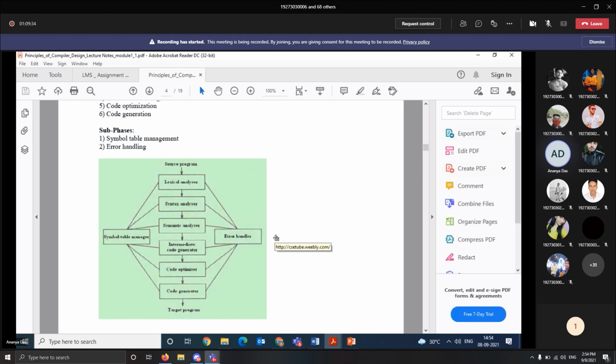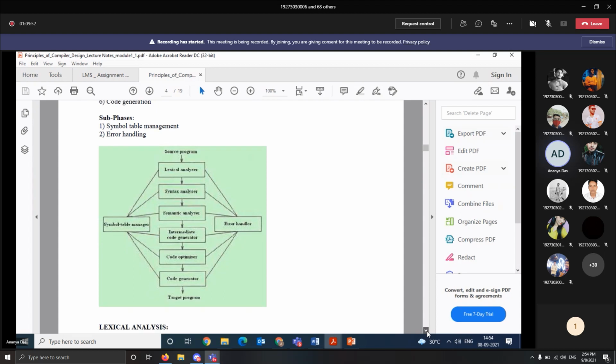Similarly, whatever errors are generated, every record will be handled by your error handler. That is why the arrow is connected to every phase from the error handler. Okay, so this is the